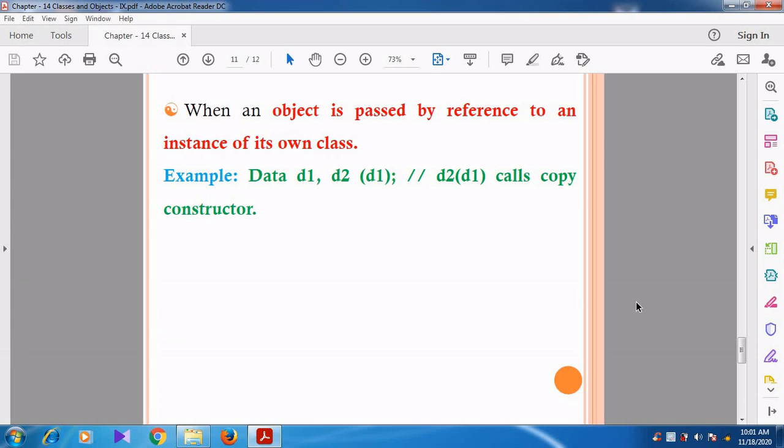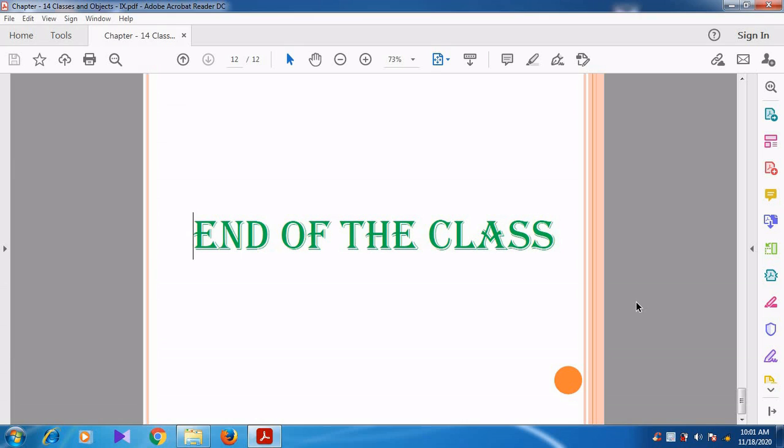Can you understand, students? So I hope you might have understood what is meant by default constructor. Whenever a constructor accepts no parameter, then that is called default constructor. Whenever a constructor accepts parameters, that can take arguments, then that is called parameterized constructor.